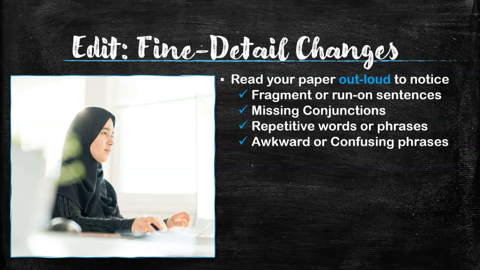If you're reading and you find yourself having to gasp for breath to finish a sentence, you might be dealing with a run-on sentence. You might need to add a conjunction and a comma to break those ideas up, or you might need to separate your ideas into their own sentences. If you read a sentence and it kind of just suddenly stops, you might be dealing with a fragment sentence that needs to be completed.